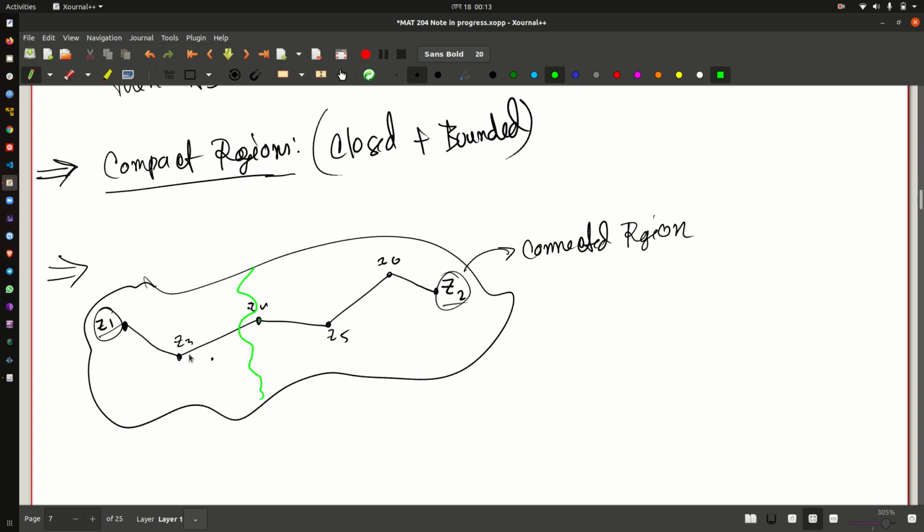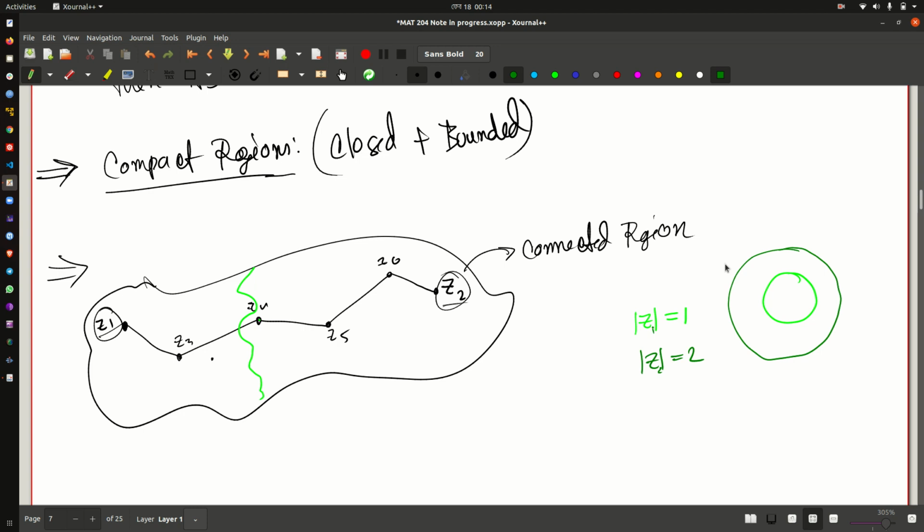and an example of this disconnected region would be a region, let's say, that is bounded by modulus of z equals 1. That means there is a circle of radius 1 and there is a circle of, let's say, okay, let me use another color to signify this thing. Yeah, let's say this is z2, we can also call it z1 z2, whatever. And